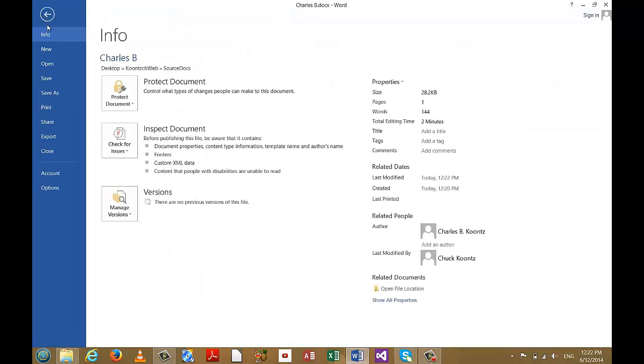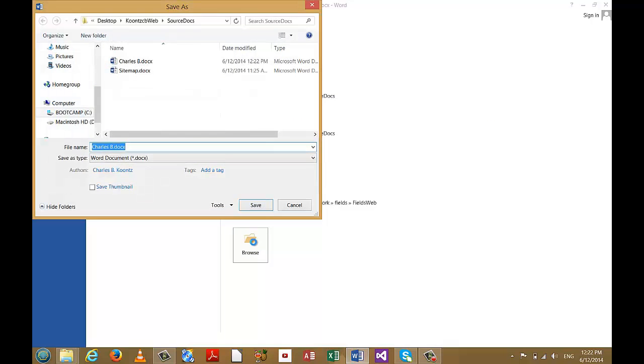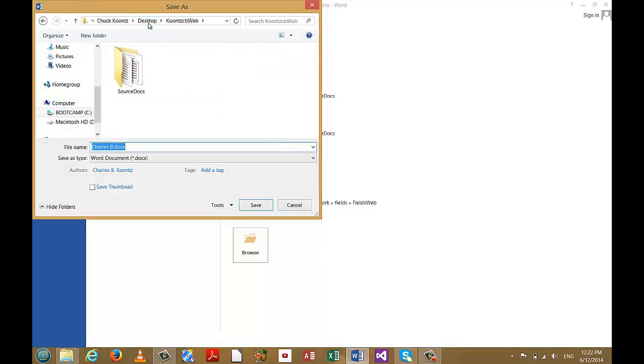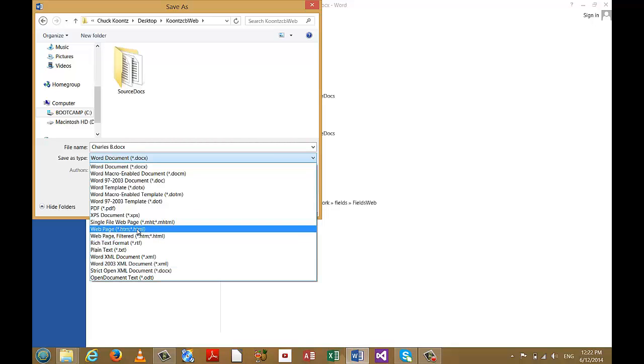Then turn right around and do a Save As, and this time rather than saving in the Source Doc folder, I need to navigate elsewhere. I want to browse to the Kuntz web folder here where everything's being stored, and this is how I'm going to save it as a web page. So I'll go to the Save As Type pull-down list, and I'm going to save it as a web page, and I've got three options on web page: